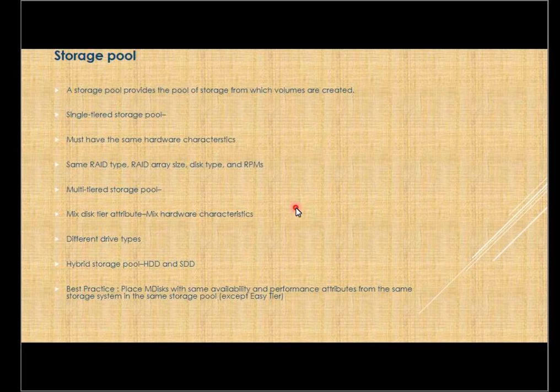And again, there are some specific best practices involved in creating storage pools. When you create a storage pool, we should make sure that all the MDisks we take to form a storage pool belong to a single storage subsystem. I think you can guess the reason: if another subsystem loses connectivity or has some issue, the storage pool, or the volumes that we create from those storage pools, should not get impacted, right? Not only that, the performance thing also gives us that advantage.